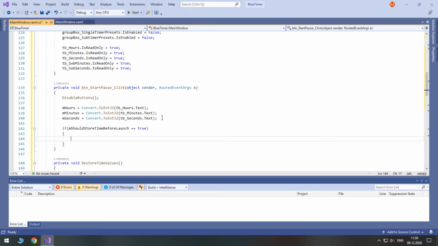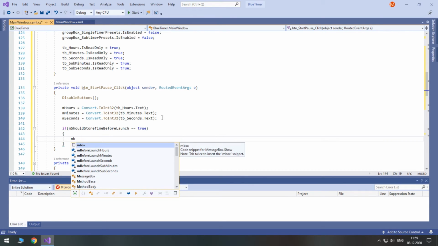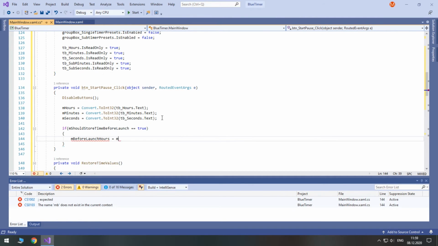If so, we store them. We are going to get main timer values from the 3 variables that we assigned above.